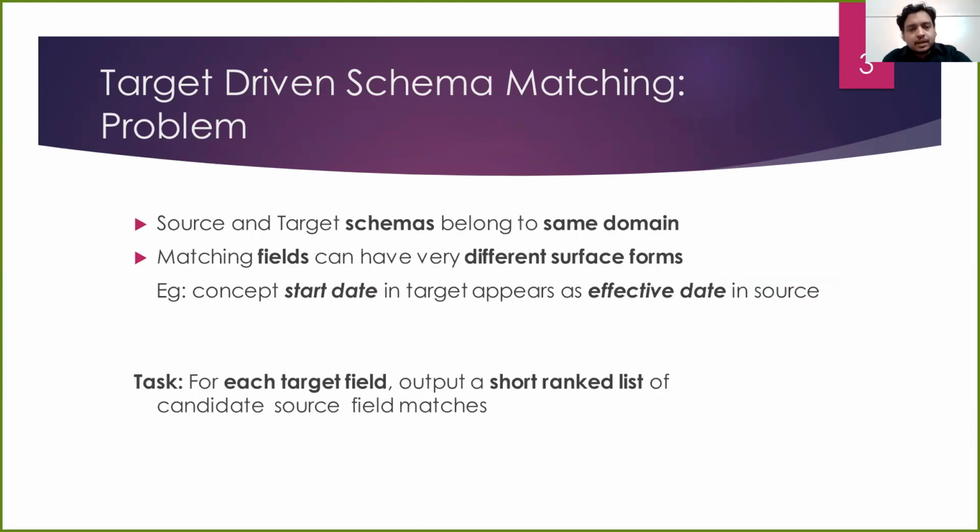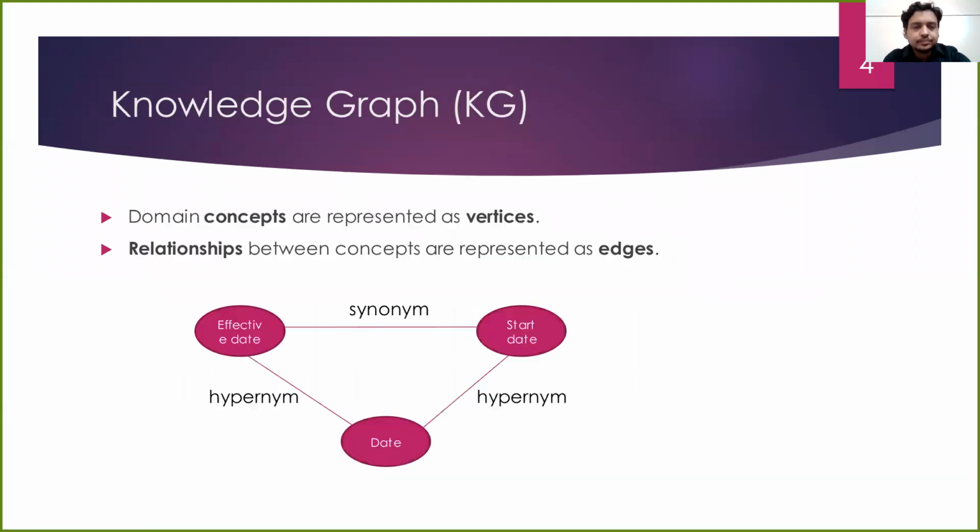In the schema matching task, though the target and the source schema belong to the same domain, they are very different in their surface form. The same semantic concepts appear differently across field names. For example, start date and effective date both represent the same meaningful item. The automation of this problem produces a schema matching recommendation by creating a ranked list of source fields for each target field. To solve this problem, apart from the two schemas, domain knowledge information is necessary, which captures the relationship between